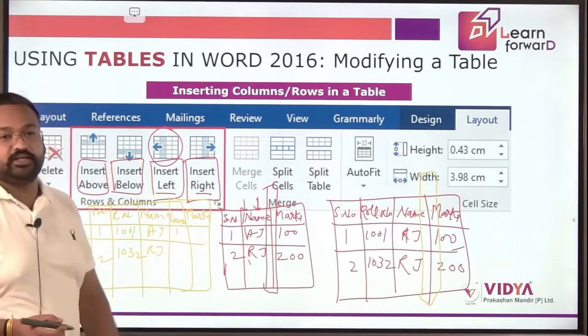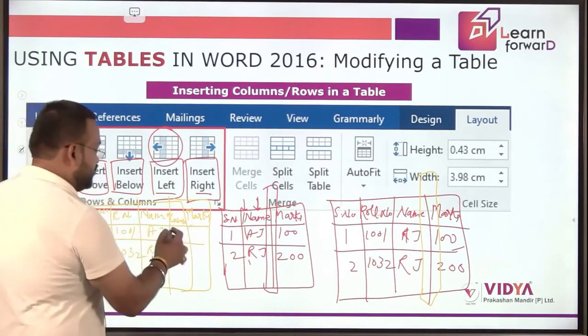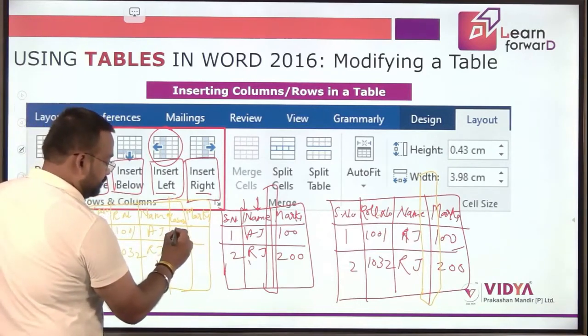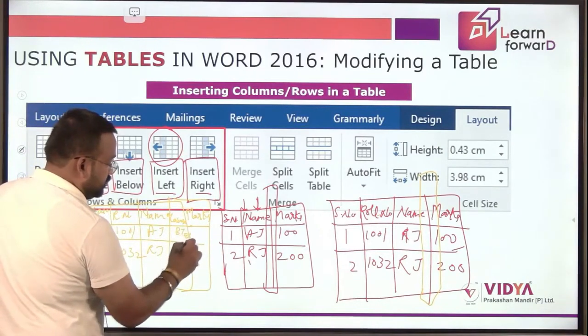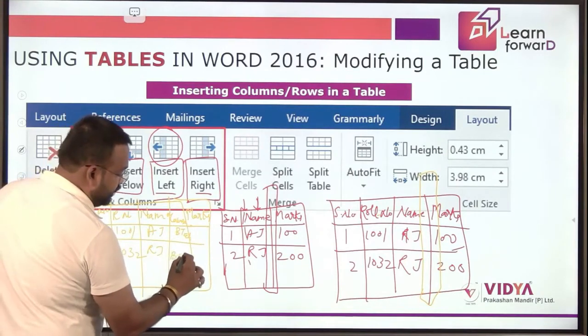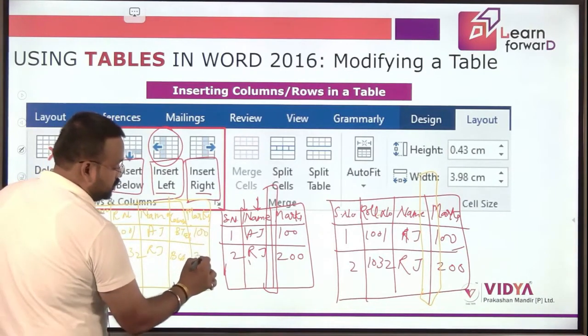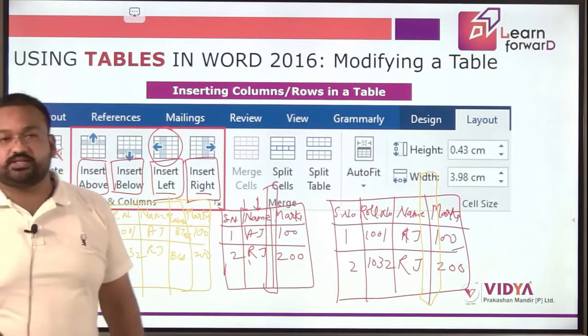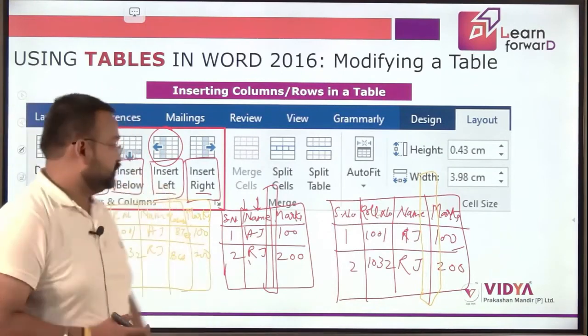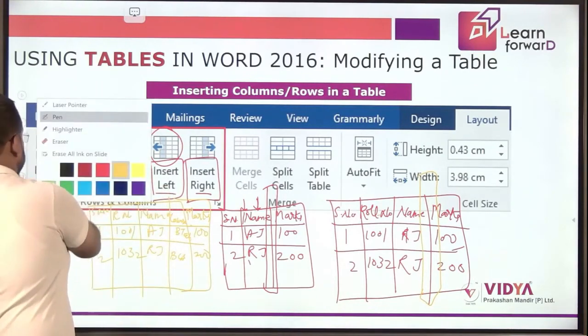Now I can provide their course. So let's say one belongs to BTech, second one belongs to BCA, and then their marks. So this is how you can modify your table. I hope this is clear to everyone.